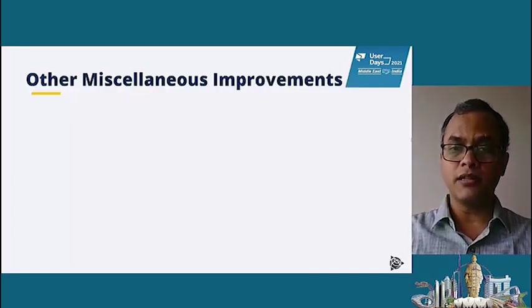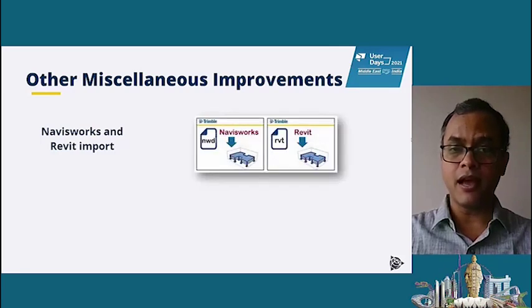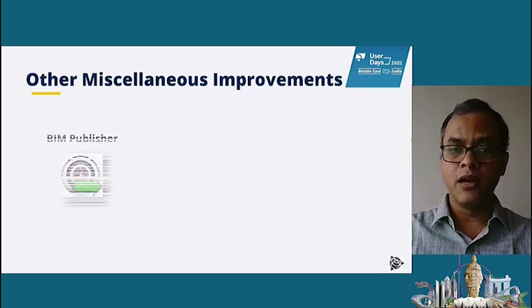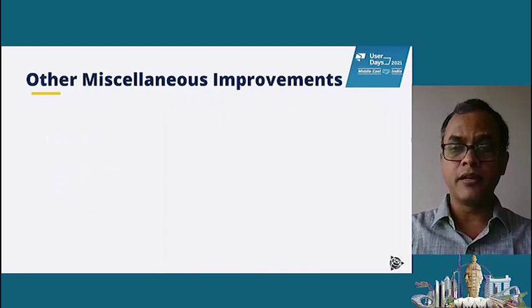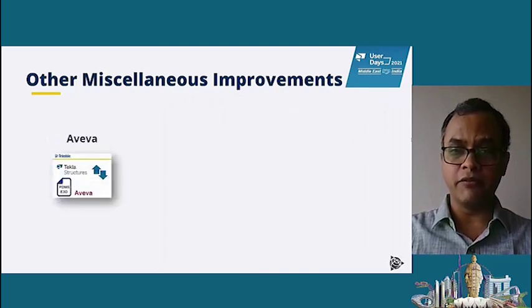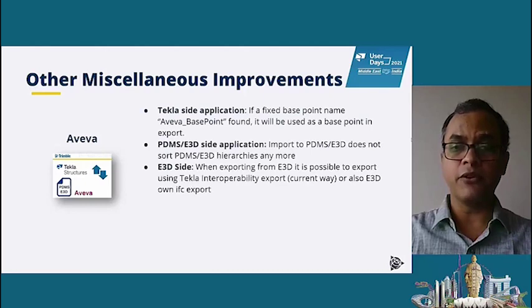Let's see some of the other miscellaneous improvements on the interoperability side. Now we can also import Navisworks and Revit formats as reference models. We can use the Tekla Warehouse extension to import .nwd and .rbt formats. On the BIM publisher extension side, it now also supports export to Smart 3D. Related to interoperability with Aveva, there are quite a few interesting enhancements.